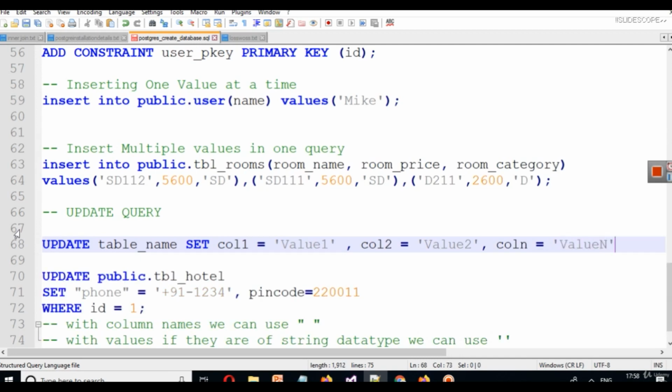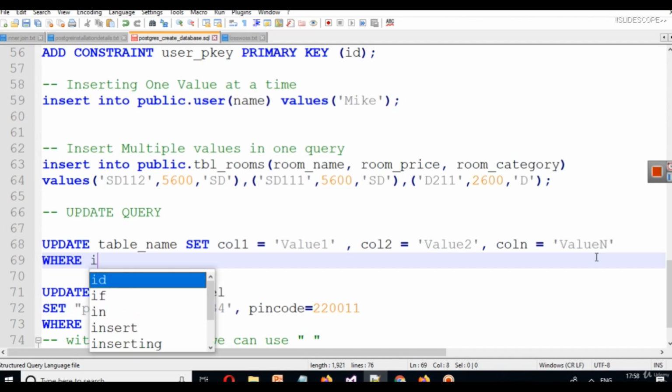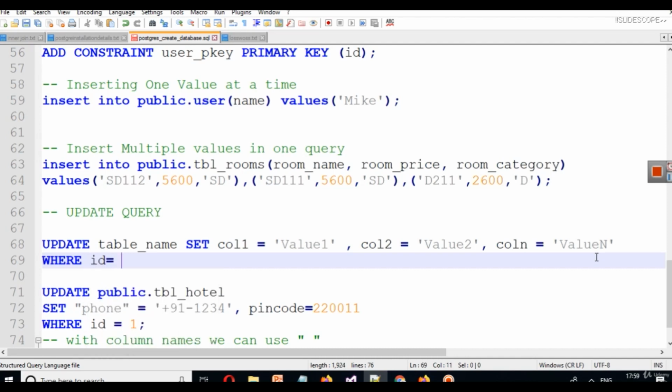So there can be any number of columns. So update table, set column 1 is equal to value 1, column 2 is equal to value 2, column n is equal to value n, and then you have to write where id is equal to something, let's say 1. Again, for this purpose we use a primary key, and we make the primary key auto increment, unique and not null. Because if the primary key is unique and not null, then only we'll be able to modify the correct